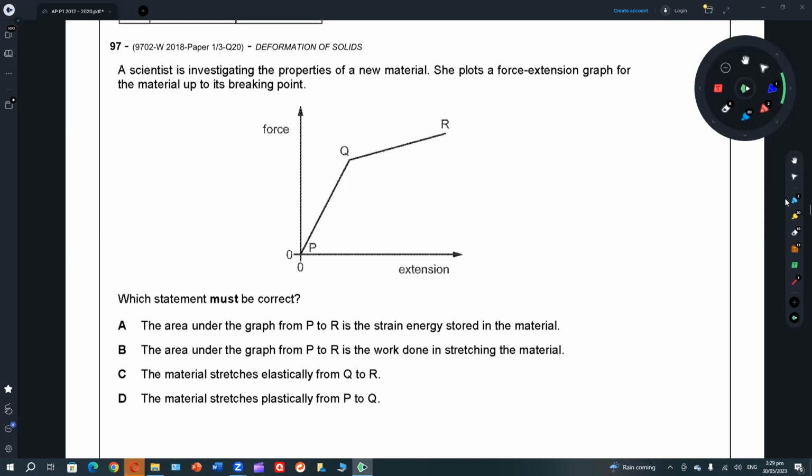Now, can you tell me, if you see the graph,